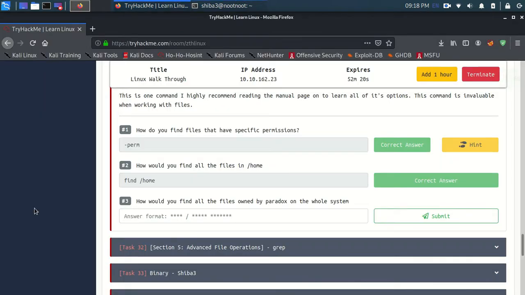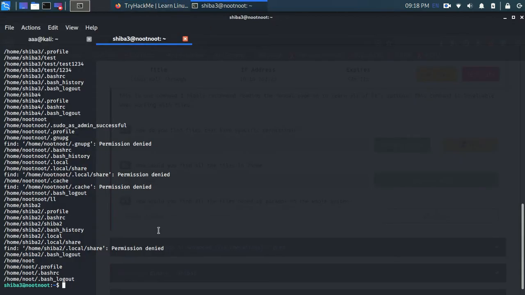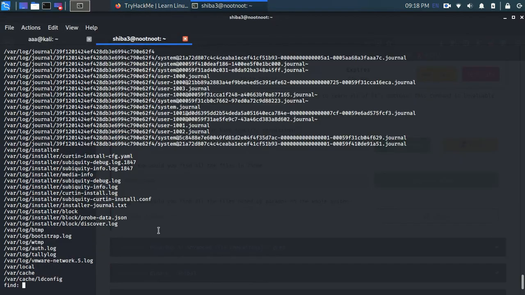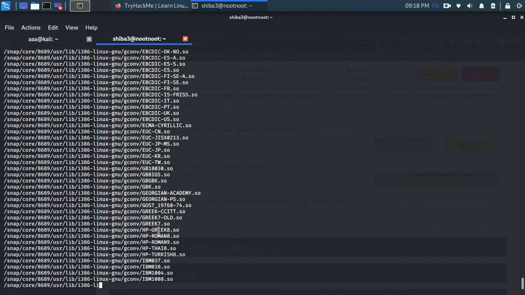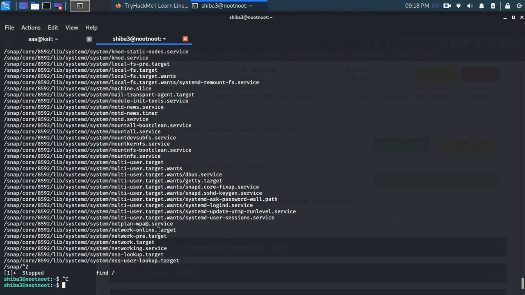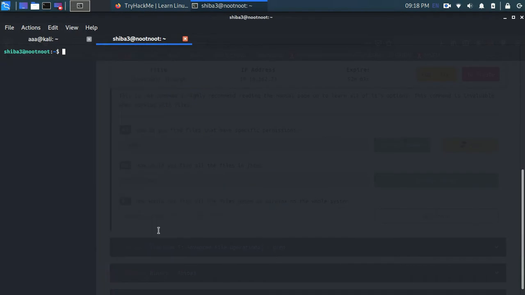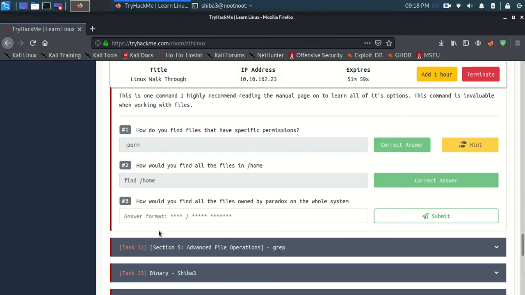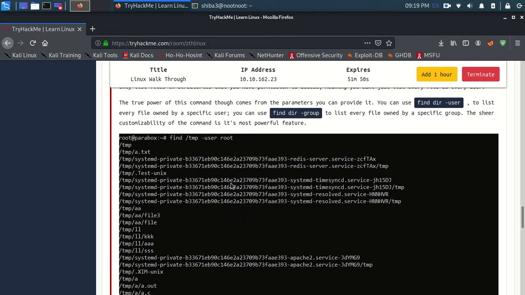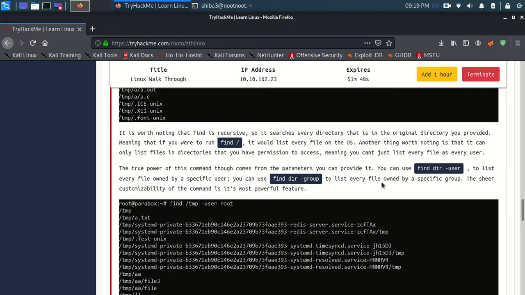Now how would you find all files owned by Paradox on the whole system? When I do find /, this will list every file in this operating system, like each and every file. So how would I find all the files that are owned by Paradox? I'm going to do find /, which covers all the files in the operating system, and specify the user.